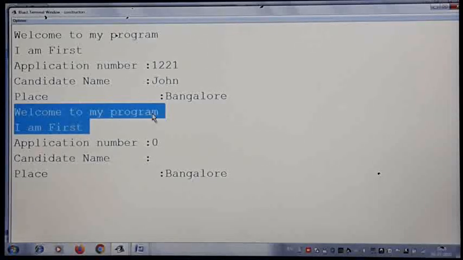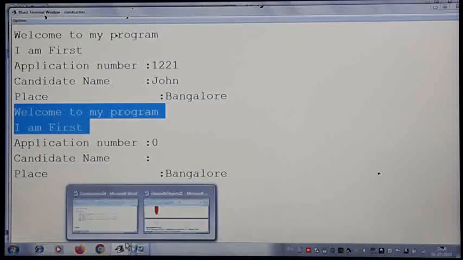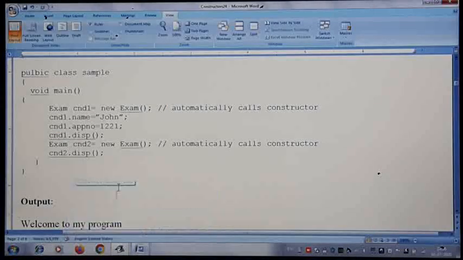So this is how the constructor is going to work. You will be understanding more when you start to write some programs practically. So I hope with this example the concept is very much clear to you. So with this, let me summarize now with the constructor.